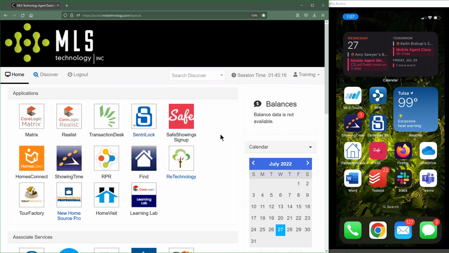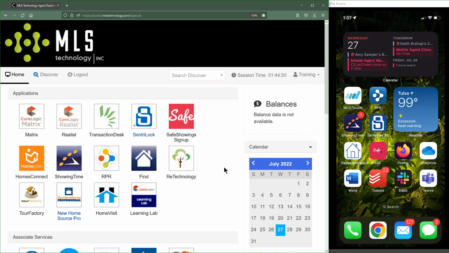So first things first, we are officially starting class. Looks like we got 3 people here. Excellent. So the first thing I wanted to discuss today was the mobile app access that you guys have when you guys are not using any installed apps. So what I mean by that is that on almost all of the apps that you guys have available through the MLS portal, there's going to be a mobile equivalent.